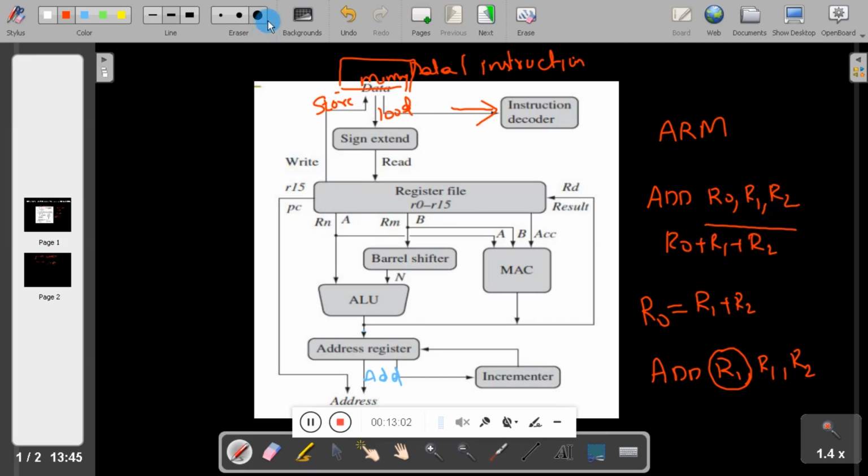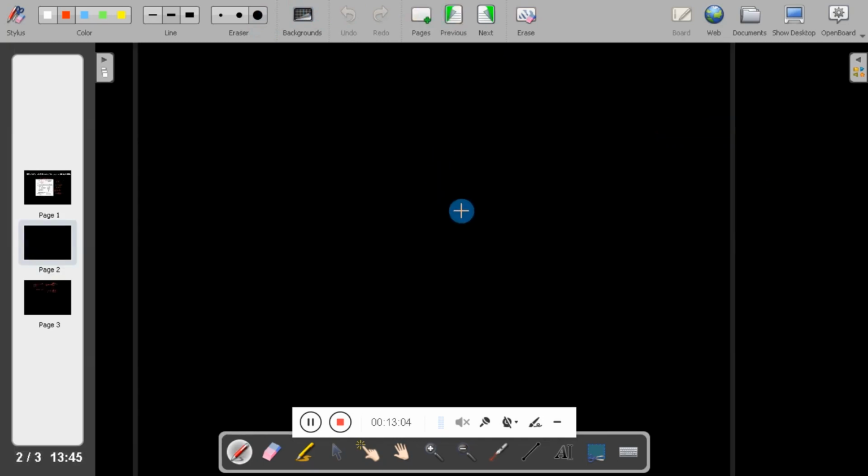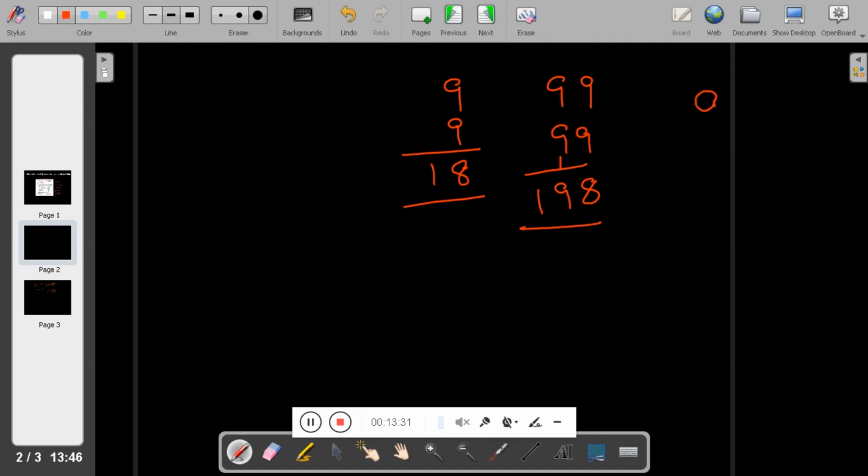For example, if you add 9 plus 9, you know it is 18, that is, sum is 8 and carry is 1. 9 plus 9 is the biggest 2-digit case, so the carry is 1. But if you add 9 plus 9 plus 9, then it is 27. Sum is 7 and carry is 2.